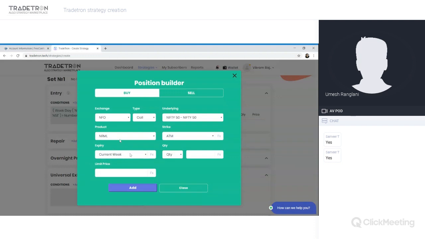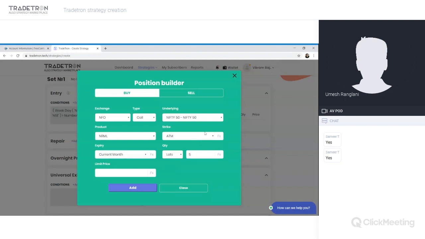It can be on weekly futures, weekly expiry options. So I'll select current week, or else I can select current month as well. So let's try with current month. So we want to take position in current month. Lots you can define from here. So let's say I want to initiate this position with 5 lots at the time of entry.